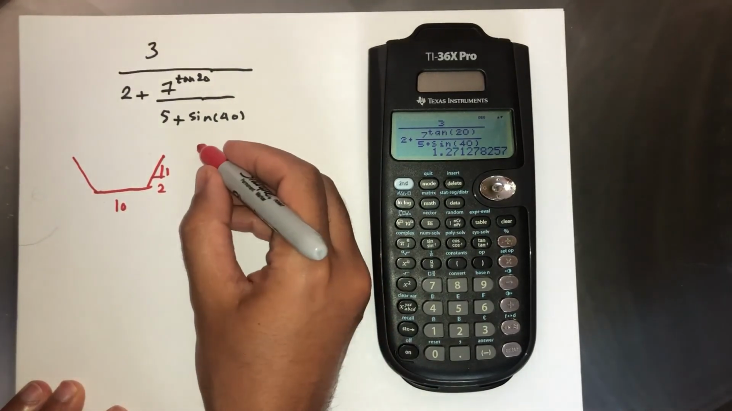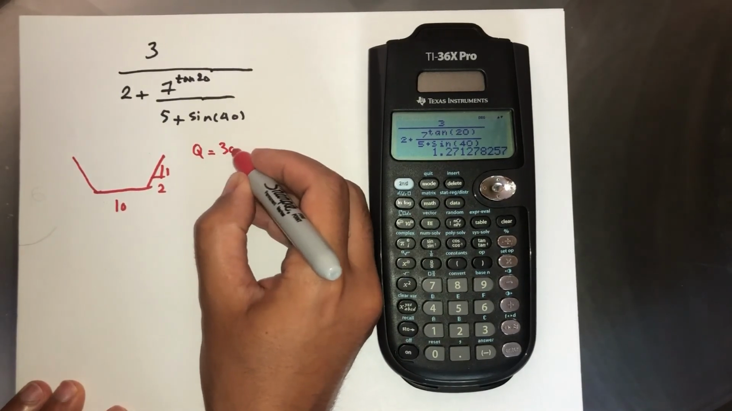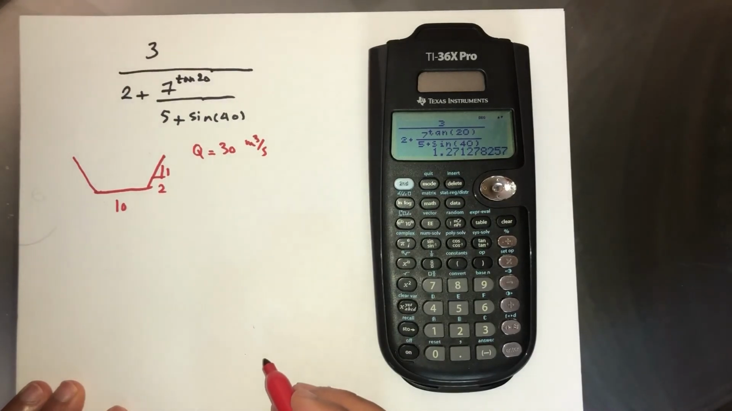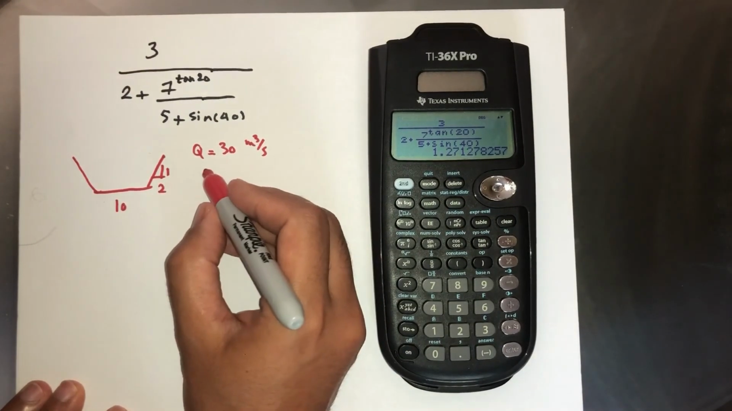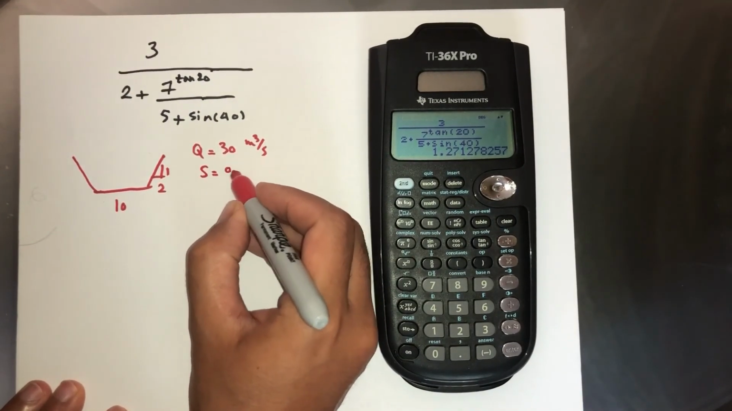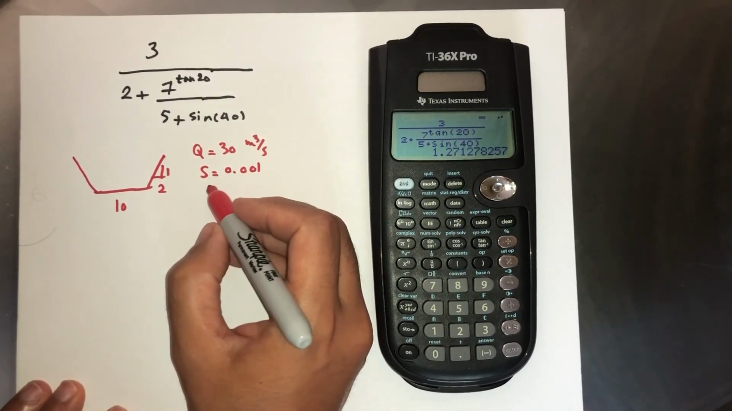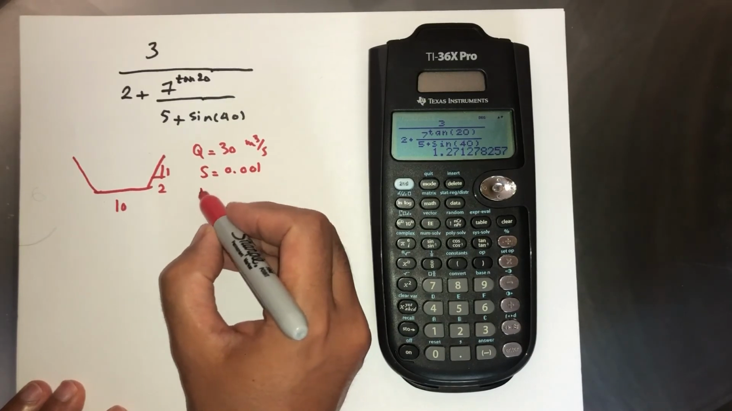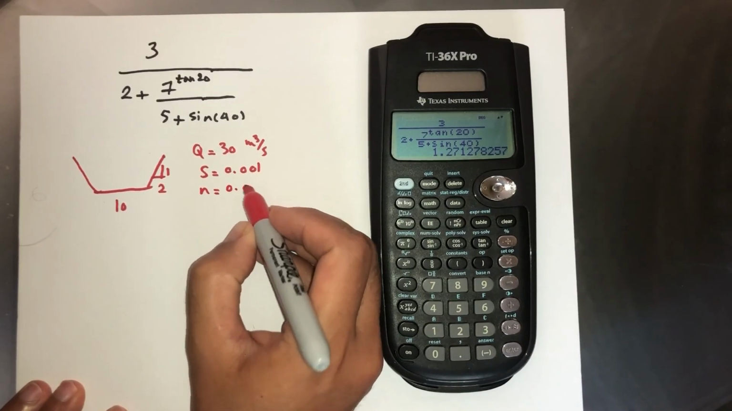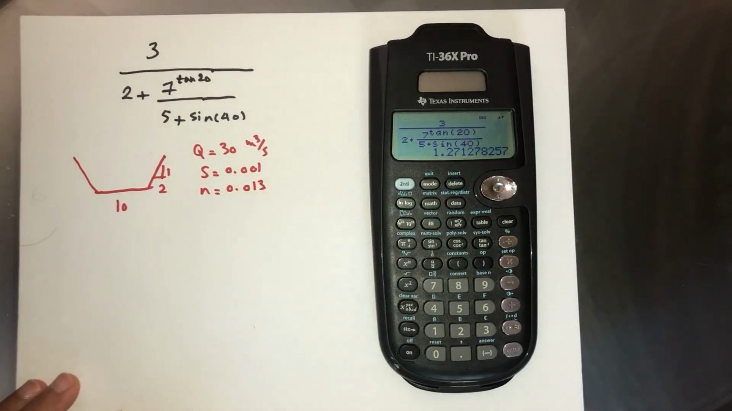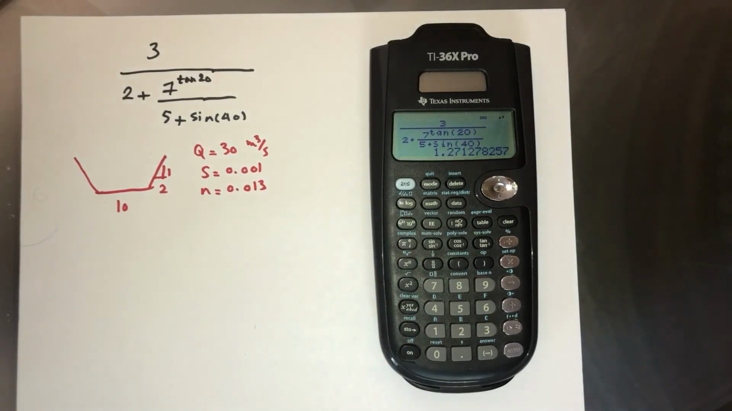We have Q, 30 cubic meters per second, and longitudinal slope of 0.001, and a concrete channel with roughness coefficient of 0.013. So this is set, and we know that we need to use Manning's equation for finding the normal depth,